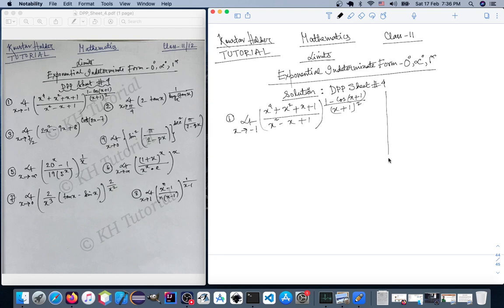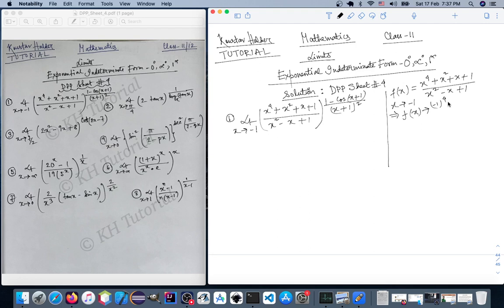So we have here f(x) equals x to the power 4 plus x square plus x plus 1 divided by x square minus x plus 1. Now when x tends to minus 1, f(x) will tend to